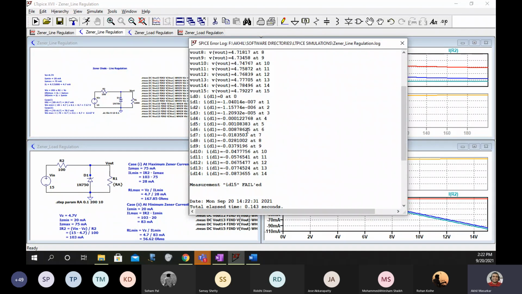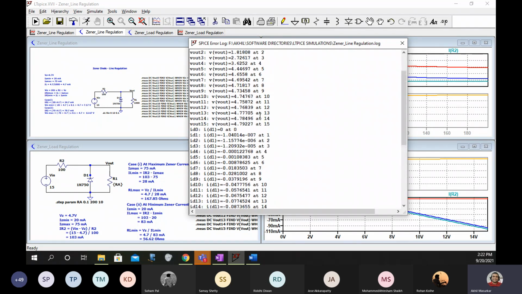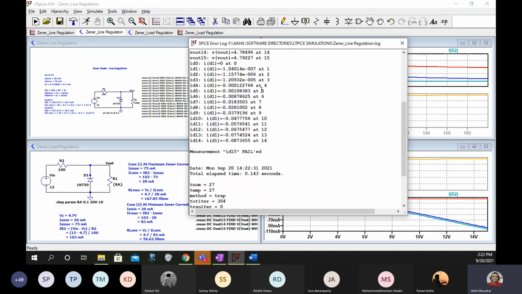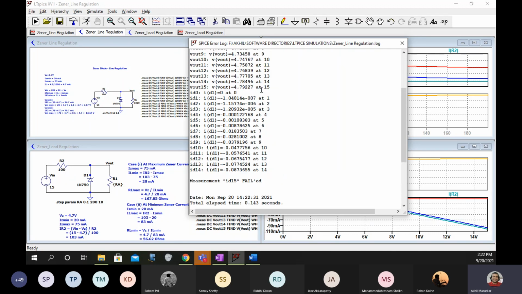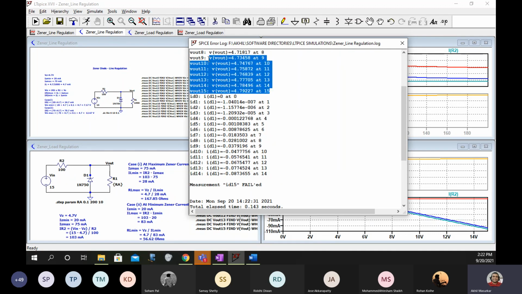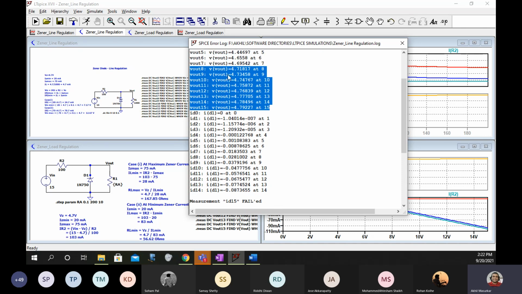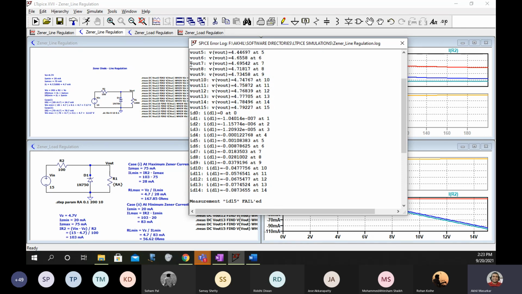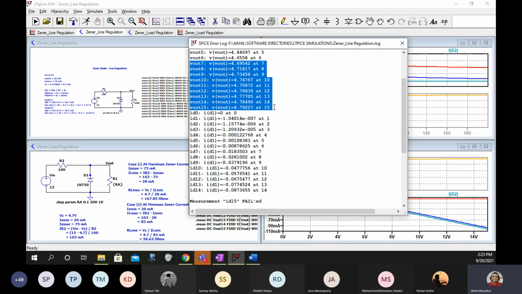So you can also see the values for current as well as voltage. All the values you can see. What you can observe here is that from 7 onwards, your V out is constant at V in equal to 7, 8, 9, 10, 11, 12.